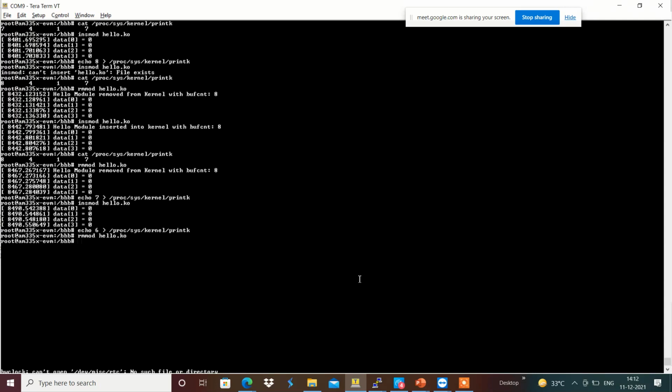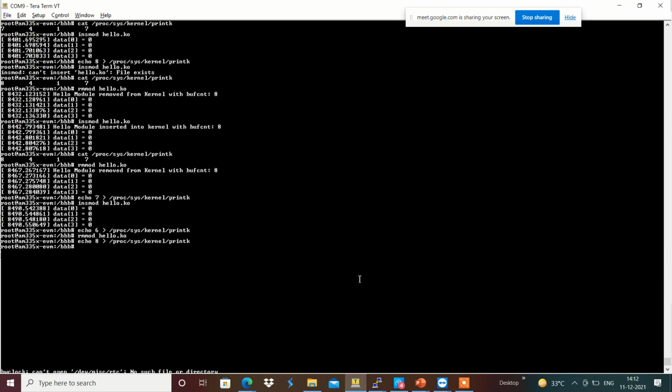If we wanted to get the debug messages printed in our system, we can set the highest value, echo 8, so that all the debug information will get printed.